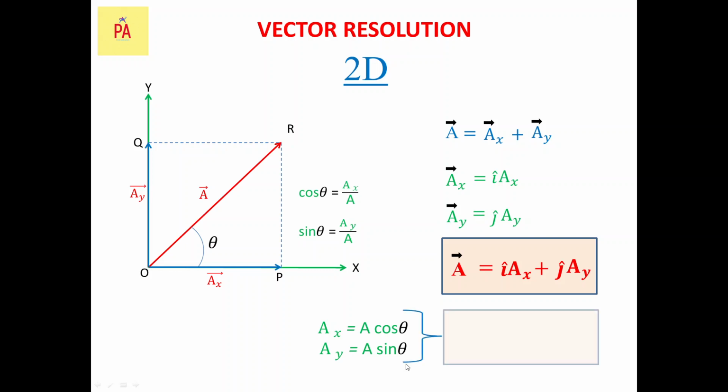Now we can easily write, if I square both sides and add these two equations, then what will we get? A square equals A square in common, times sin square plus cos square theta in the bracket. So sin square plus cos square theta will give you 1, and A square will be AX square plus AY square, and if I take the square root, we will get this formula. You can do it in your own way. I have not done this one, you need to do it in your copy. Square this first equation and then square this second equation, and then add up those equations. You will get this equation.